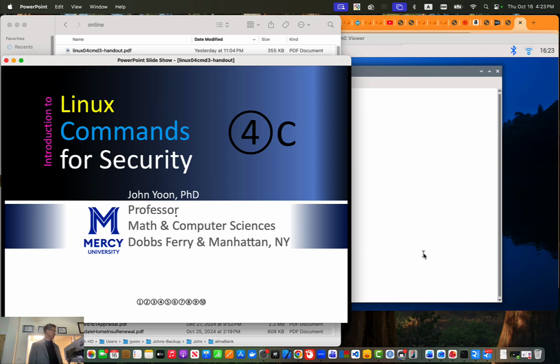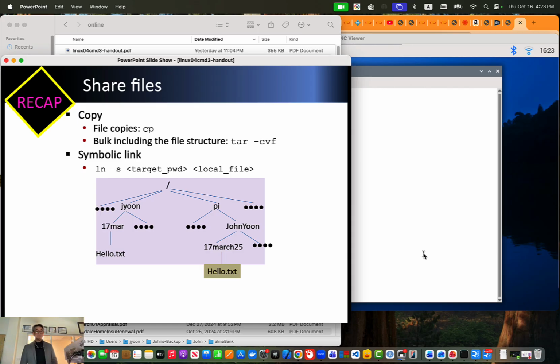Another topic, not really the same topic as before. We continue with file security. Before we go further, I want to remind you, for example,